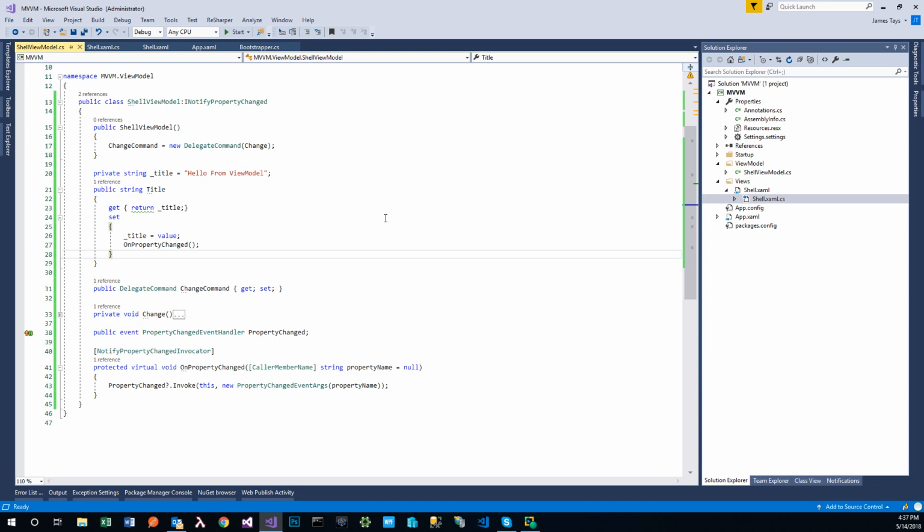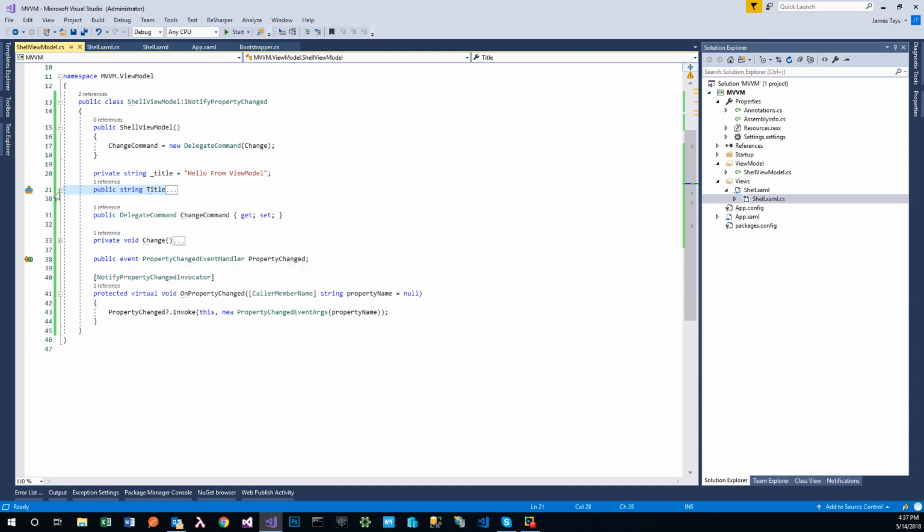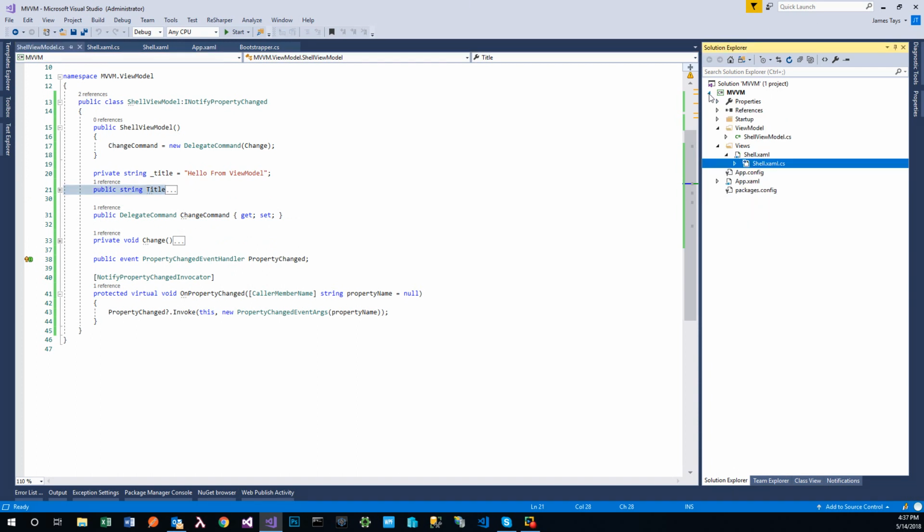So there is that. Now, that is the basics of a view model. And you say, why do this? Why not use code behind? Well, that's a good question. And the short answer is